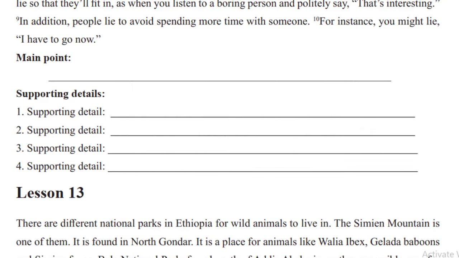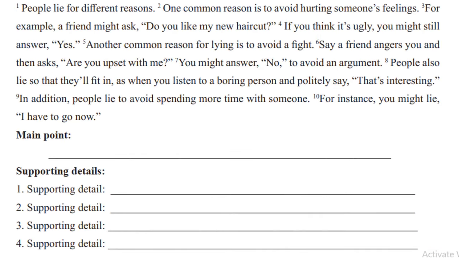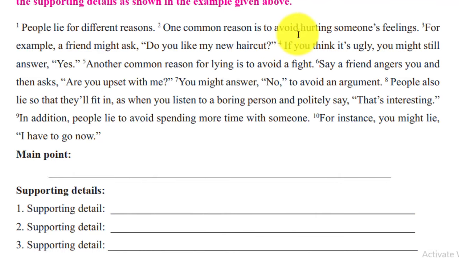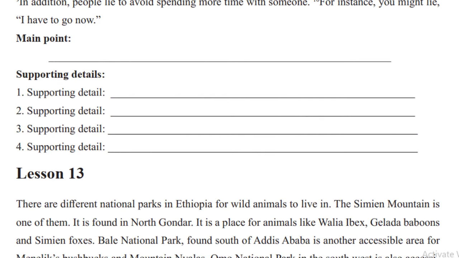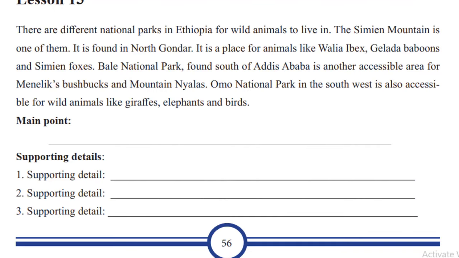1 2 3 ያላችሁ ትገልጻላችሁ። ለምሳሌ መጀመሪያው supporting detail one common reason is to avoid hurting someone's feelings አንዱ ነው። for example a friend might ask ይላል do you like now if you think እያለ another common reason ይላቸዋል ደግሞ for lying is to avoid a fight እያለ እንደዚህ ይቀጥላል። ስለዚህ reason በሪዝን የሚጀምር ከሆነ እነዛን ያን ለምን ተብሎ የተጠየቀውን ጥያቄ ምክንያቱ ለምን እንደሆነ ሲያብራራ supporting detail ይሆናል።